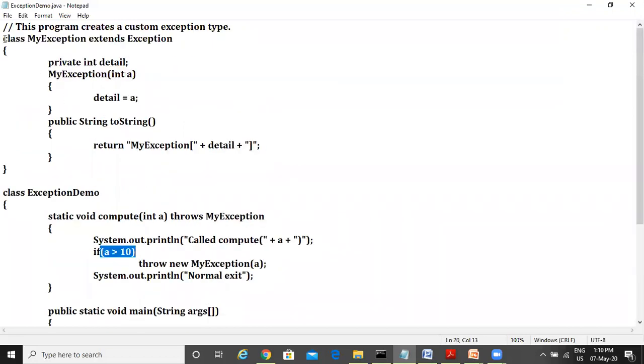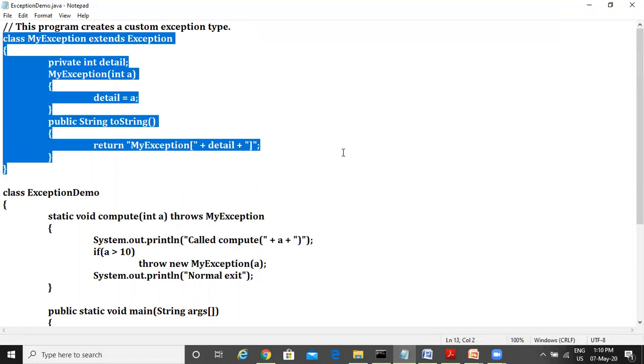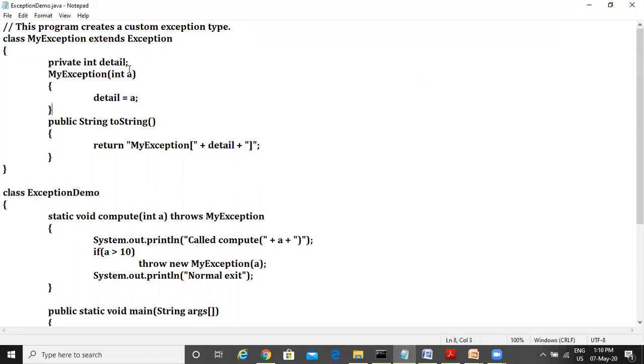See here, first class MyException extends Exception. That means this class is acting as a subclass of Exception, so obviously this class becomes your own exception class. What we discussed in that slide, how to create an exception: just create a subclass of type Exception. It is as simple as that.